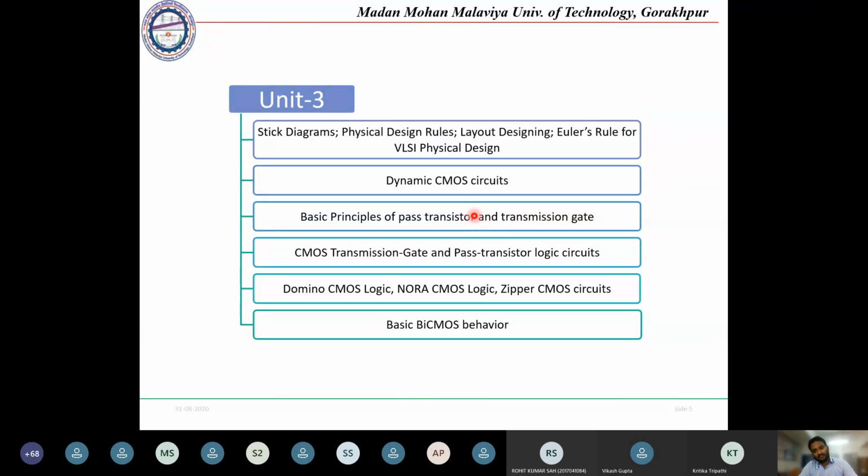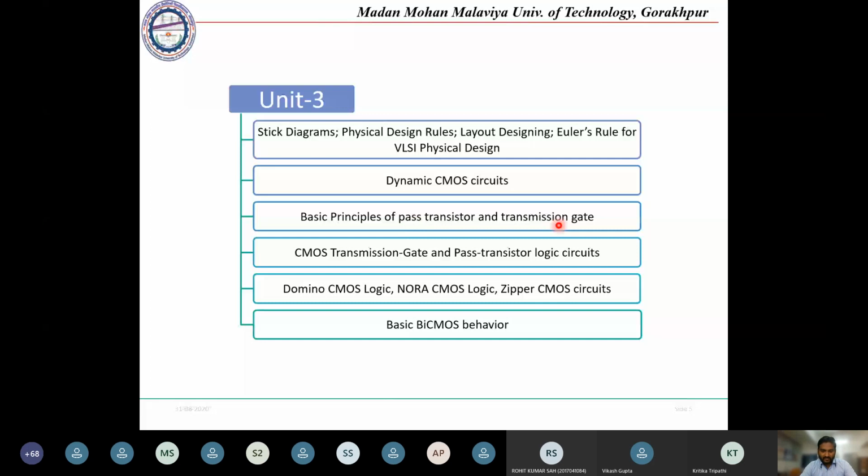Similarly, there are other logics also, called pass transistor logic and transmission gate logic. Based on pass transistor logic and transmission gate logic, we will be studying different combinational and dynamic circuits. We will compare whether CMOS circuits, pass transistor circuits, or transmission gate circuits are more efficient.